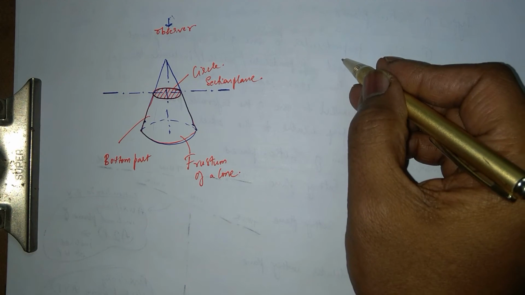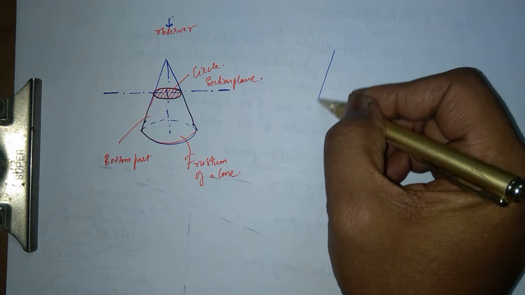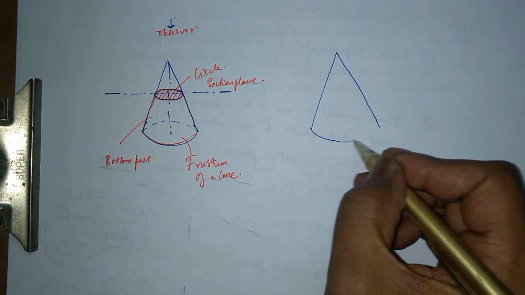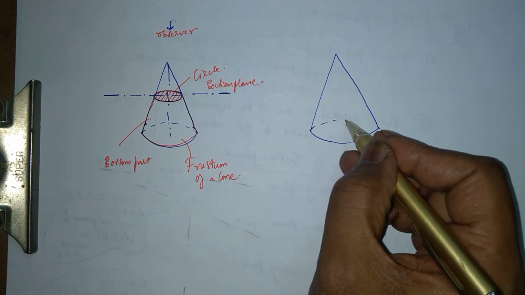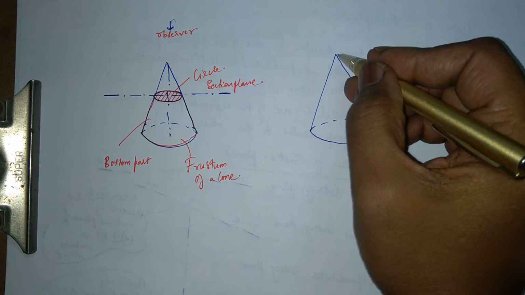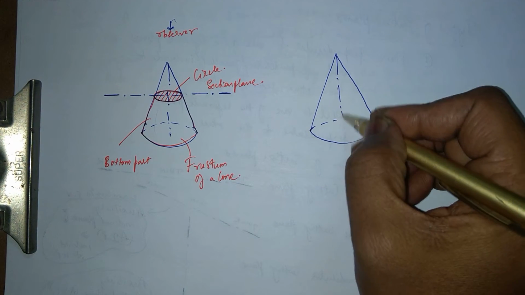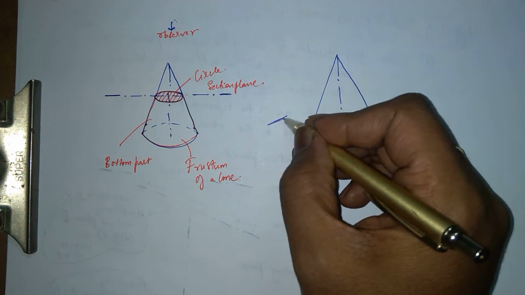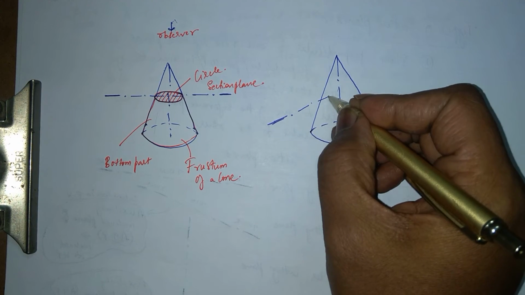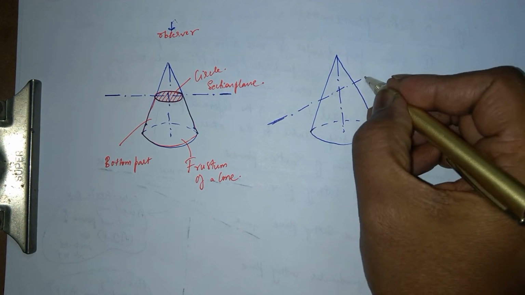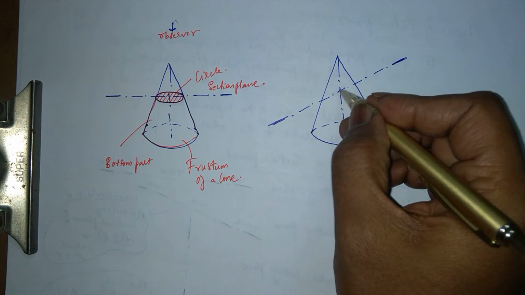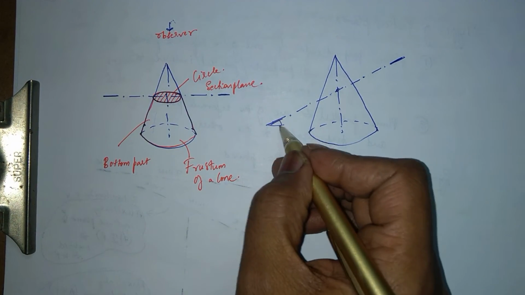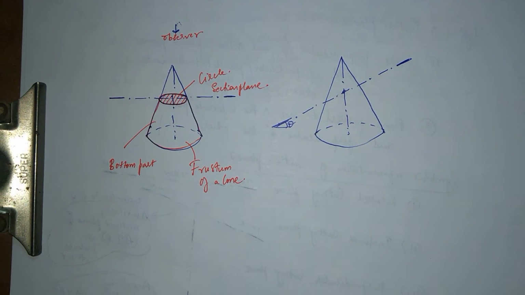Right here, we'll just draw the same cone again. Ice cream cone. Assume that you're eating an ice cream cone, but you just turned it upside down. Then you have a cone here. Then you have your axis here. This is your axis. Okay. Now let us say that your section plane is basically starting from here, passing through. So it is cutting somewhere here. This is your axis, and this is where it is cutting, and it is inclined at an angle something like theta. This is called an auxiliary inclined plane.